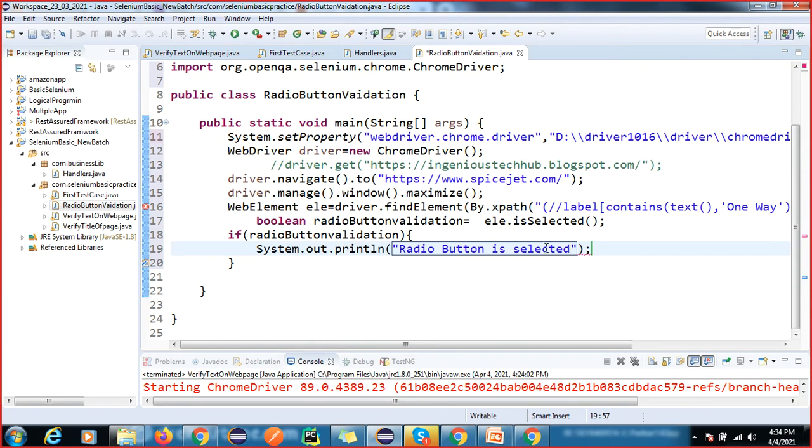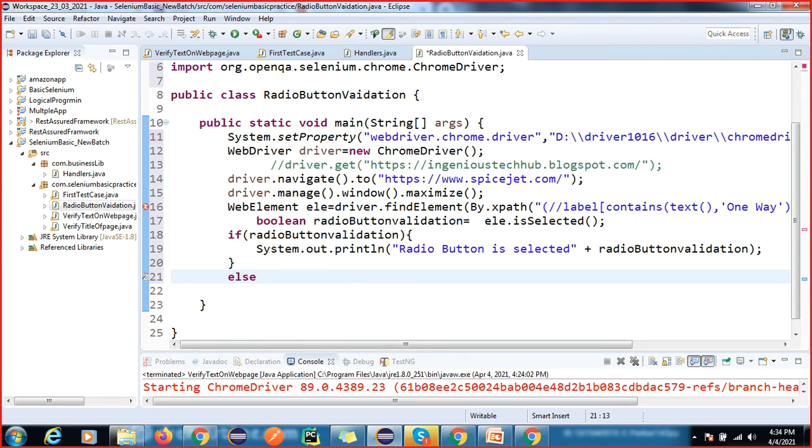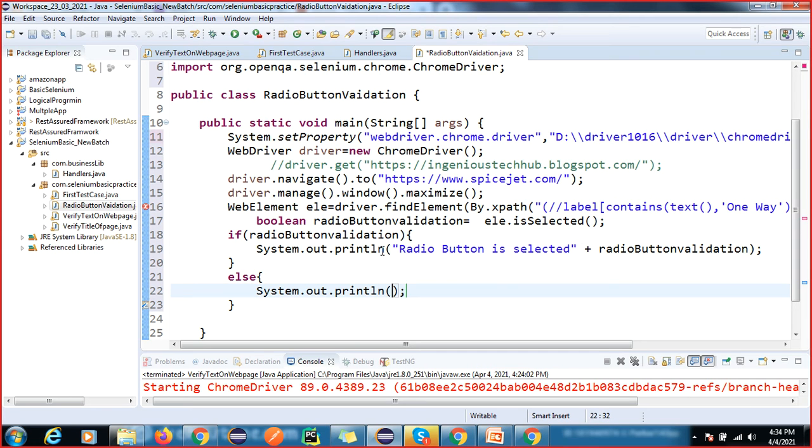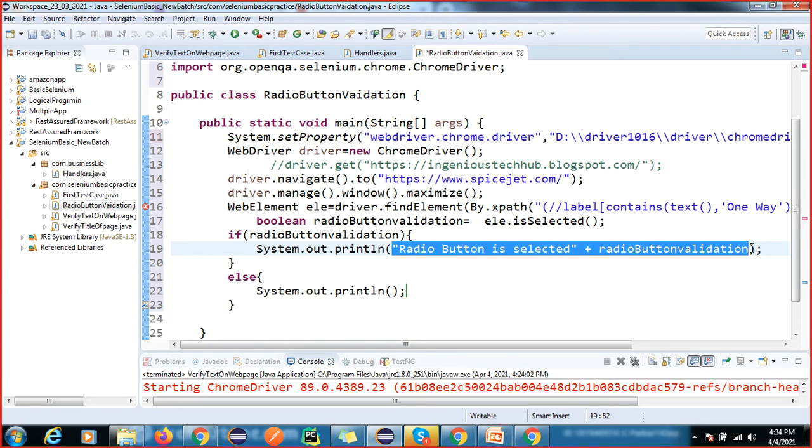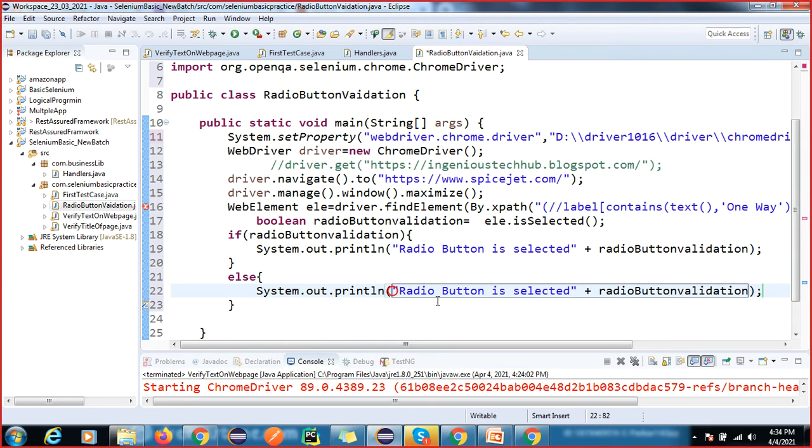And I will also use this one. Else, I will print: radio button is not selected. It will return false, right?